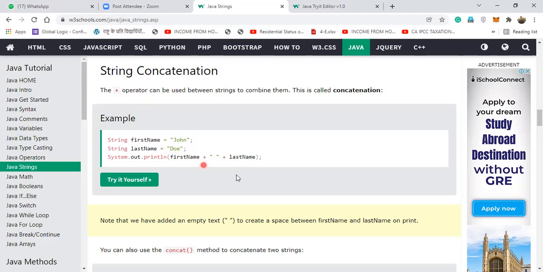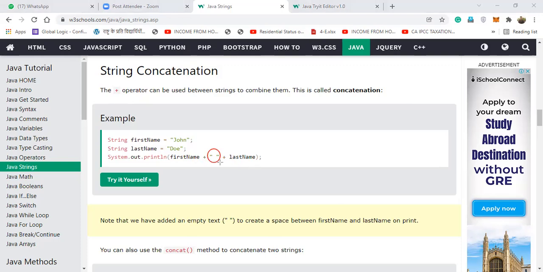Now, note that we have added an empty string to create a space between the first name and last name. Suppose I don't add this space, what answer will you get?